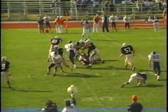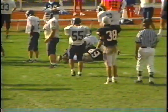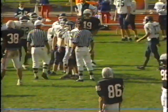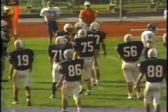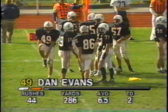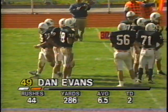Out of the shotgun to give to Evans. Boy, he's got some running room if he can beat Myers. And a flag flies at the line of scrimmage. A fumble in there late. Well, why should that change to start the third quarter? Yeah, that's for sure. I think we've got a hold on York Suburban, and we'll have to check that. But it looked like they were holding on the end, trying to seal it for Evans to get around the corner. And that's what it was. There you see Evans' number, 6.5 yards per